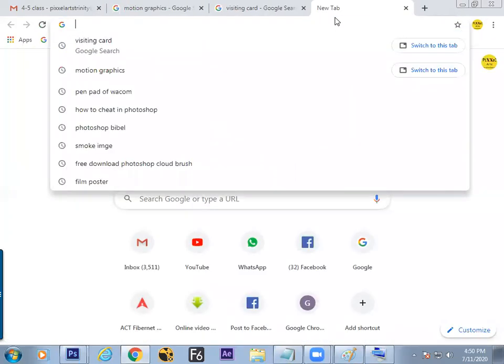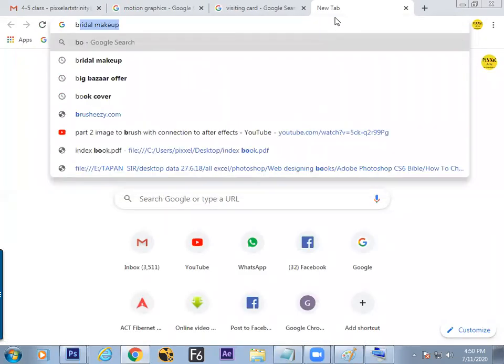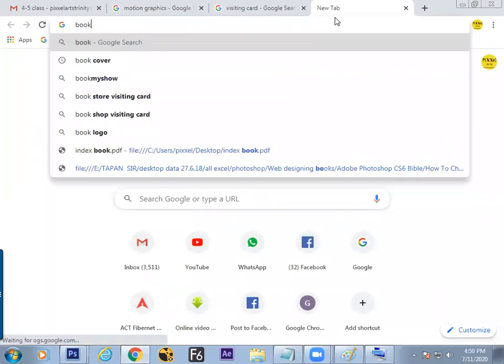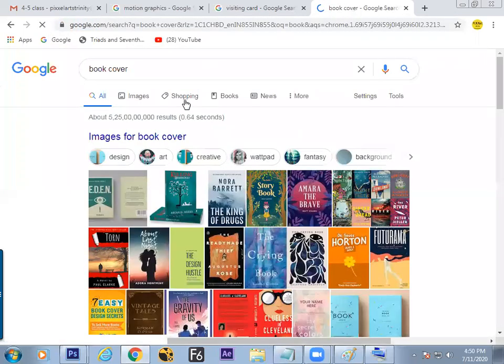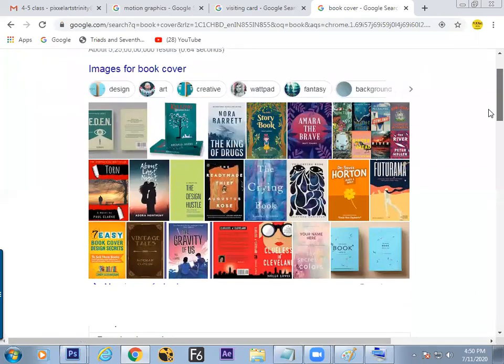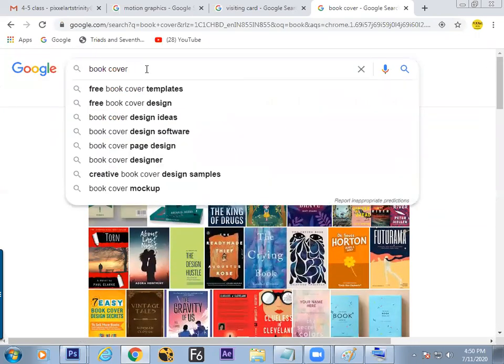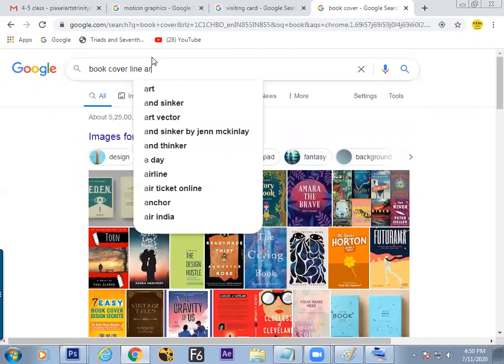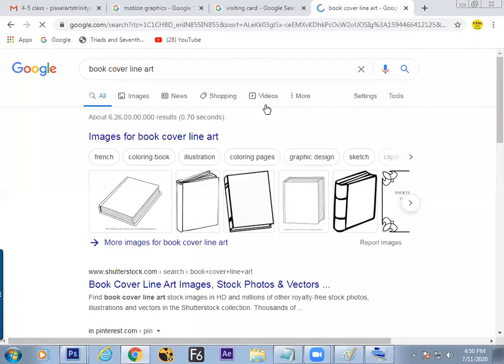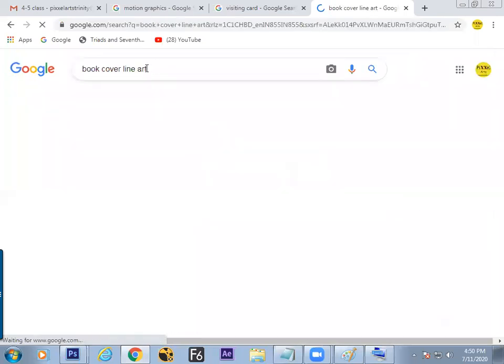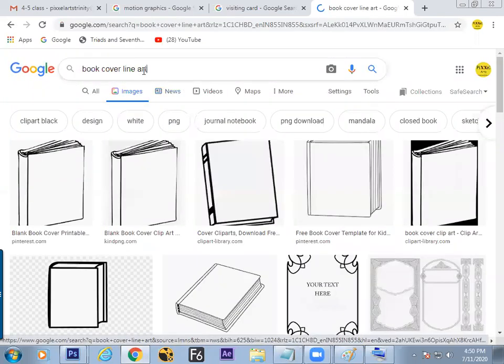Now check here, called book cover page designing. All the vector shapes, except the photography, just start catching to your shape. Line art. Cover page, not line art.